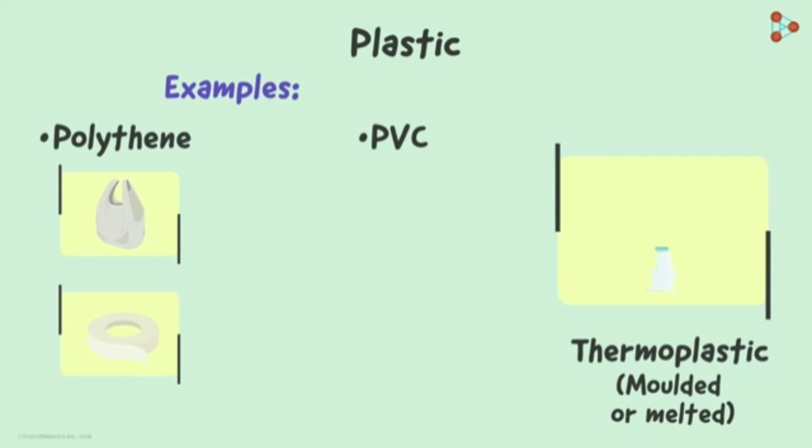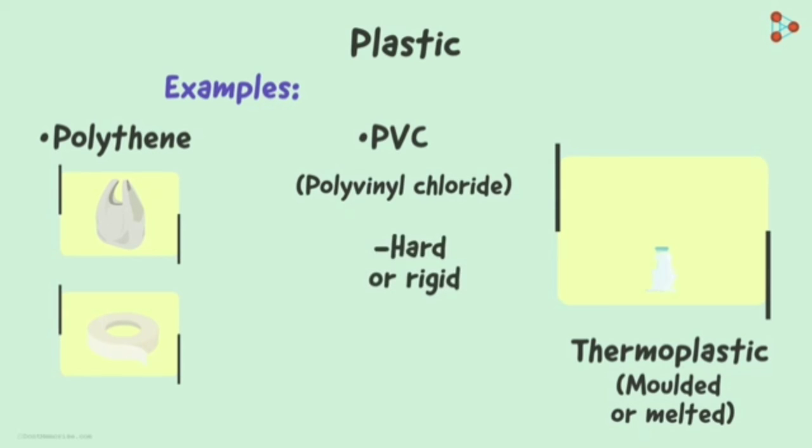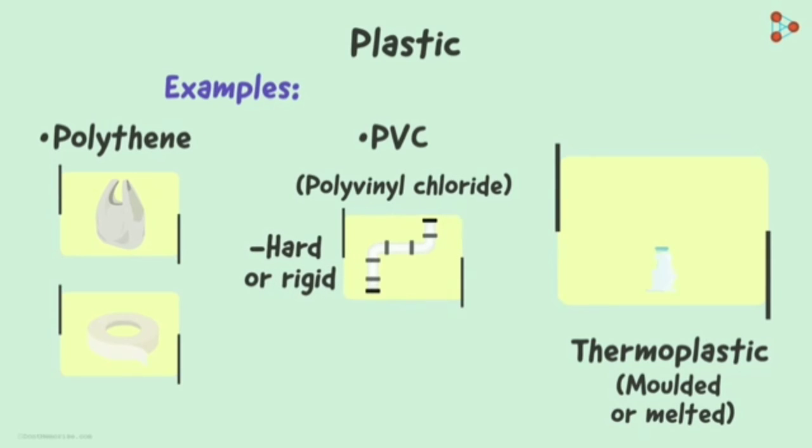And what is PVC? It stands for polyvinyl chloride. PVC comes in 2 distinct forms. The first one is hard or rigid PVC that is used in making strong structures like construction pipes. In contrast, the other type is soft PVC, which is used for making containers and bottles used daily by us. These were a few examples explaining how types of plastics are used.